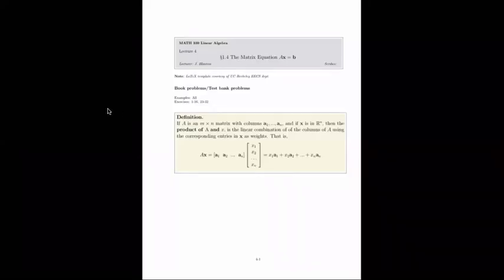So section 1.4 introduces the matrix equation AX equals B. So we've extended from linear systems to augmented matrices to the vector equation. And the matrix equation is essentially a restatement of the augmented matrix, only with a little bit of